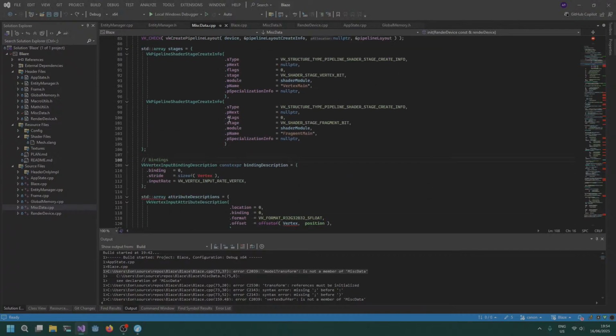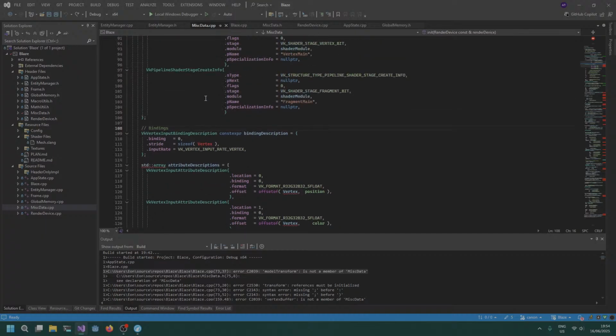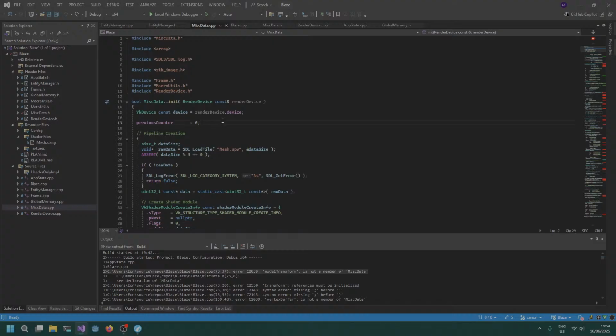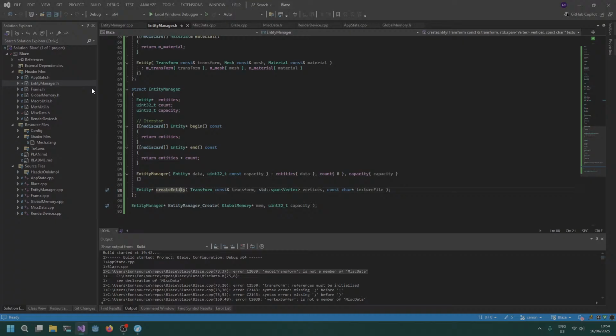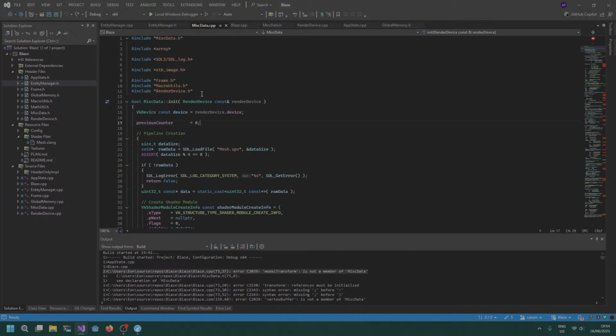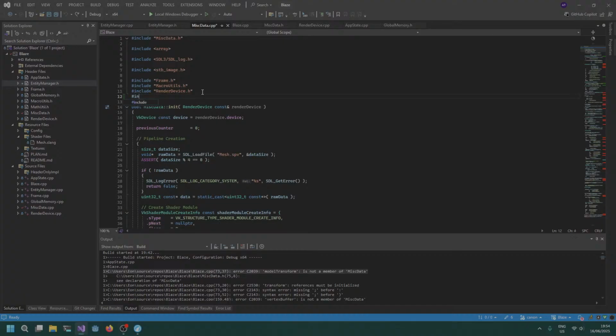So pipeline itself has to change based on the entity itself. What I will do is make vertex something common and necessary. This is more or less temporary. And later on, we can say that no, vertex can be separate. But for now, let's just